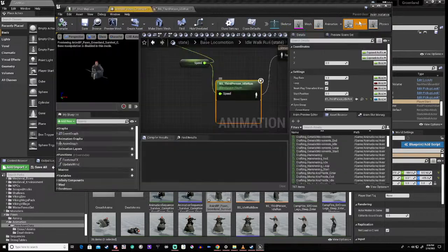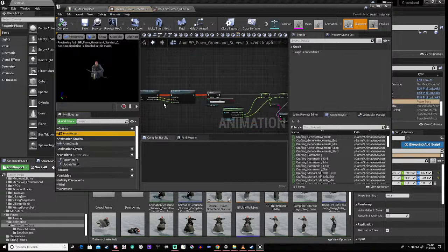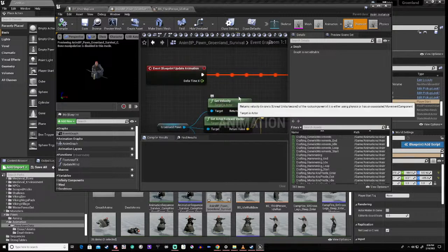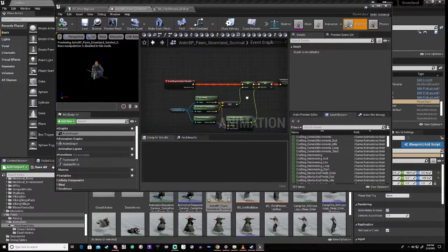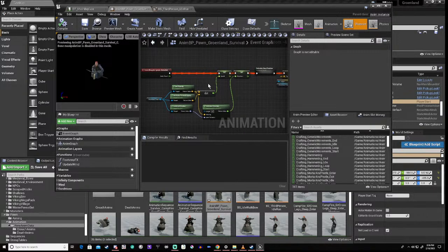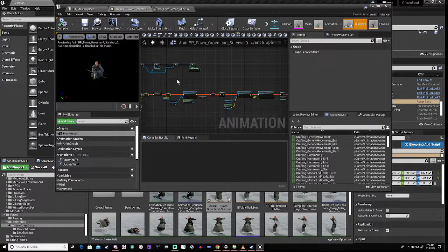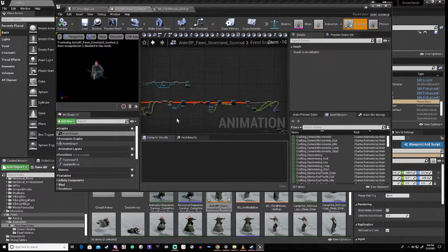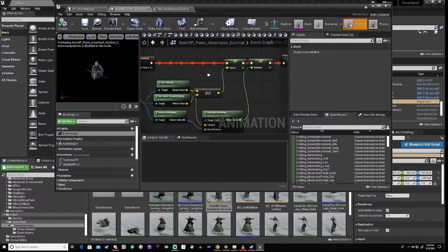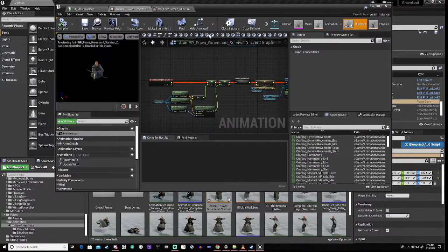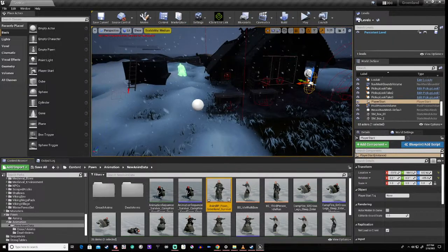Okay, so that is your animation blueprint, which basically looks something like this for the event graph of the animation. You will definitely have this speed and direction, and this is stuff that is basically for our character only. But yours could be a lot simpler, like it will just be this, a speed and a direction. Okay, and then you're going to have the same thing for your monster,